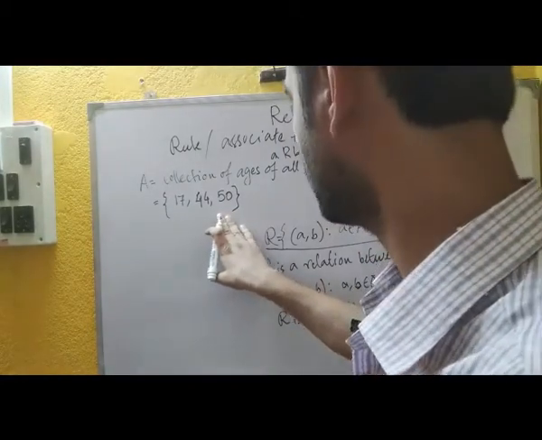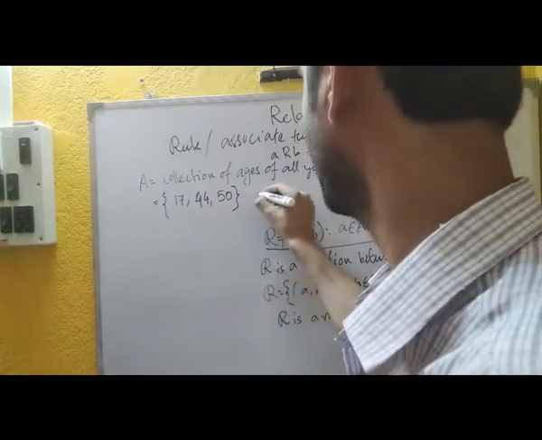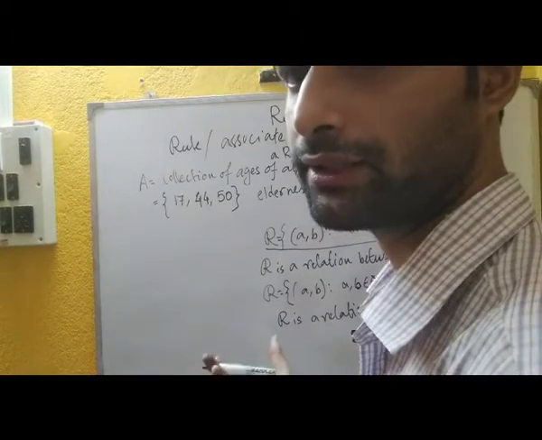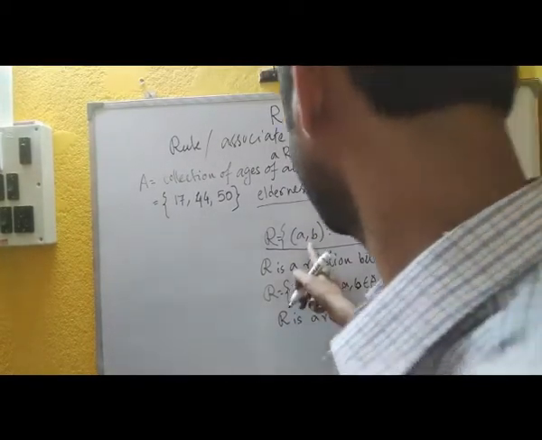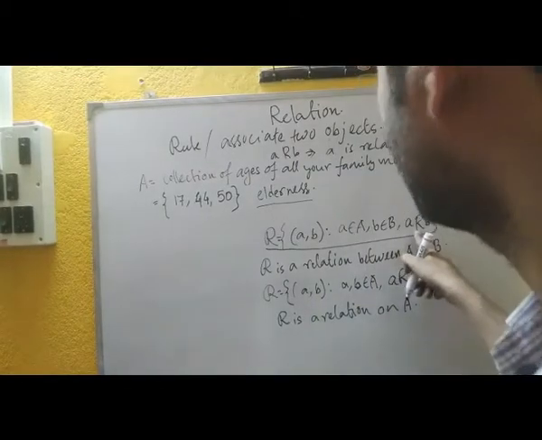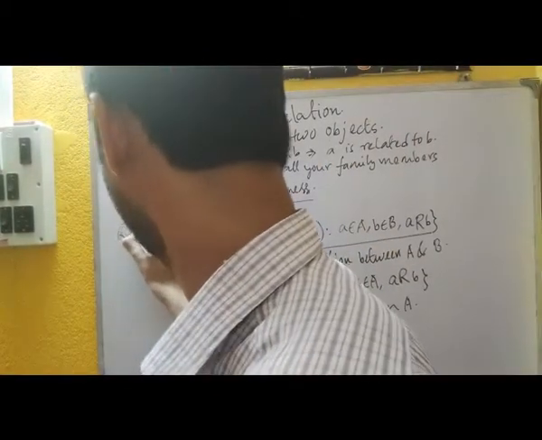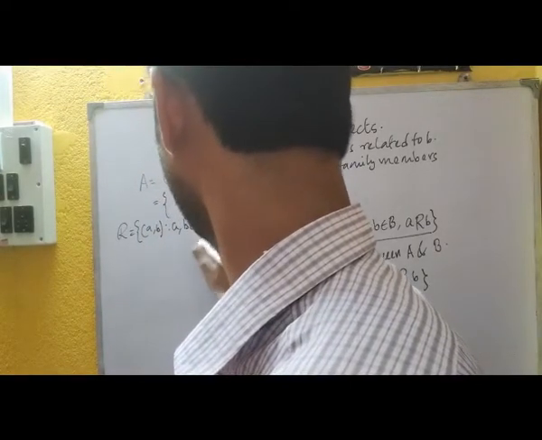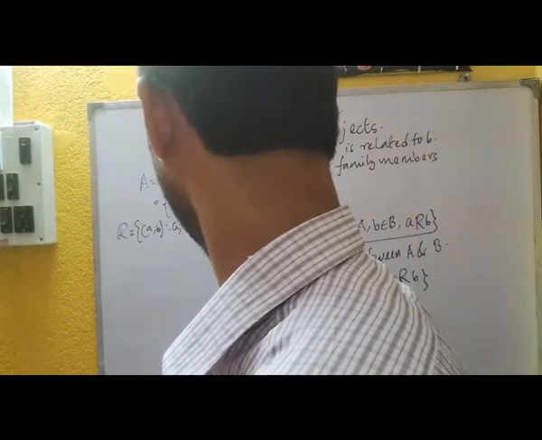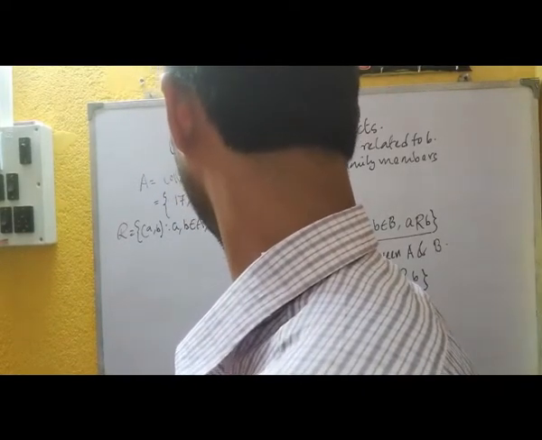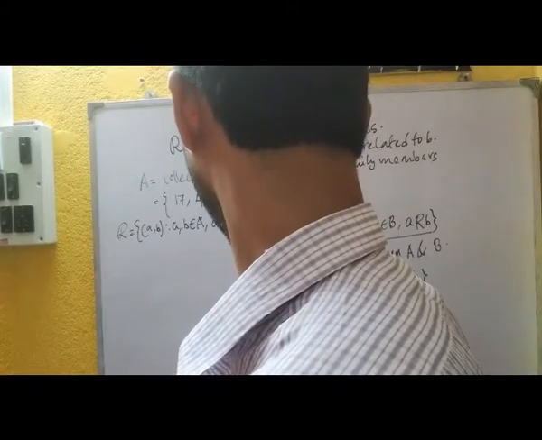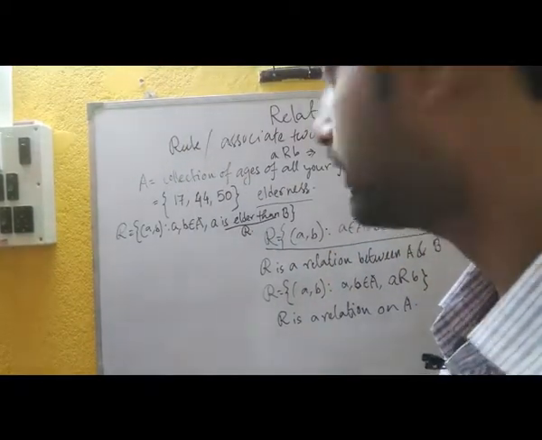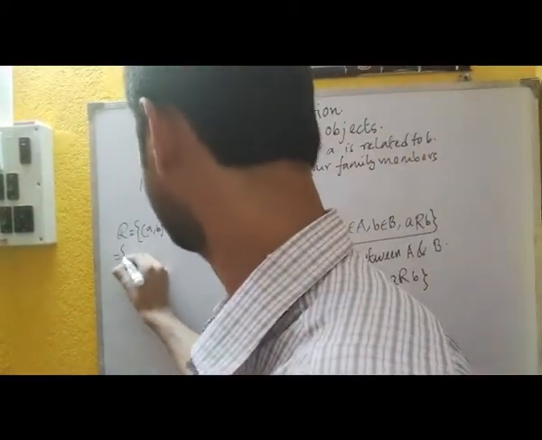So if we consider the relationship elderness, so what we see, how many pairs we can construct? So we can construct pairs like this (A, B), where the rule is the elderness. So we write instead as (A, B), where (A, B) belongs to this collection A, and A is, say, elder than B. So "is elder than" is the relation R. Okay. So let us see how many pairs we can construct.